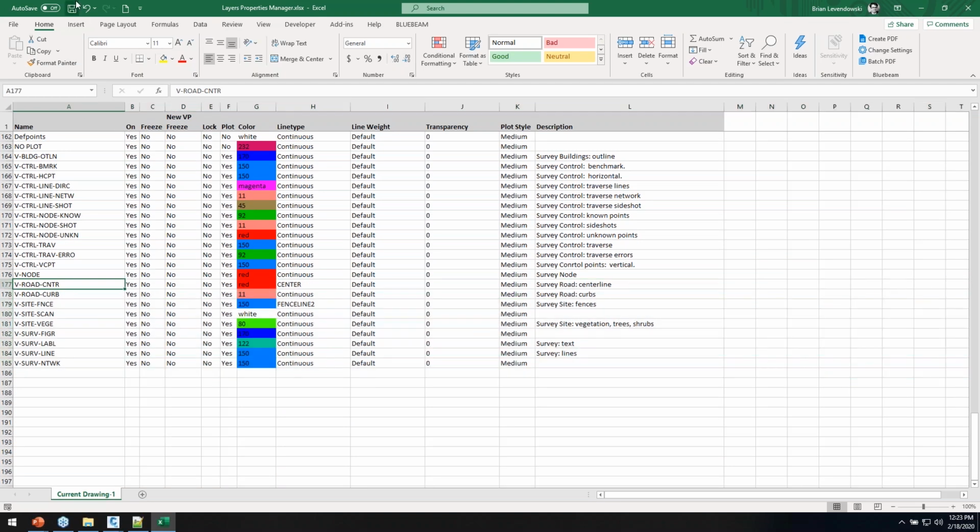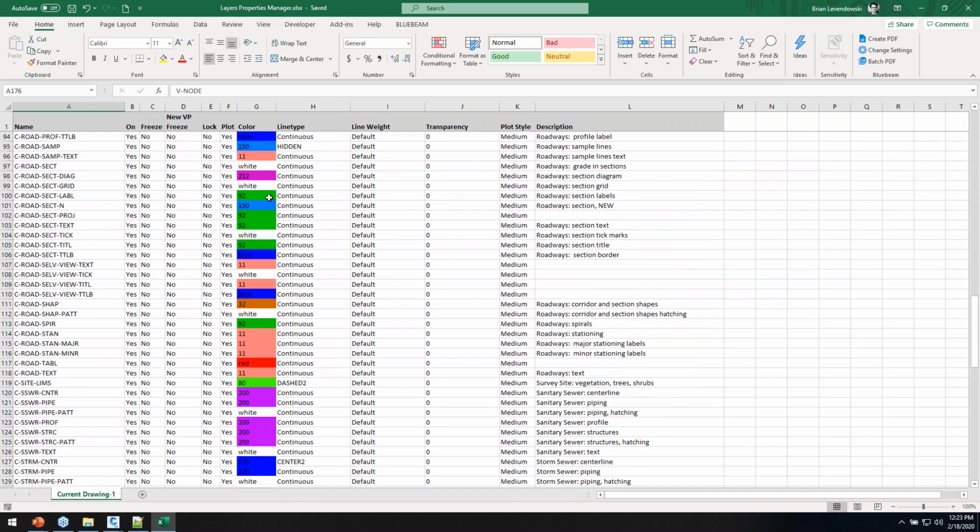Okay. Now I know what you might be thinking. Some of those layers are referenced in styles in my template. What's going to happen, Brian, when I sync this back? Because Excel doesn't know about those styles. I'll show you that. When we update this to our template, we're going to be able to handle those in really smart ways. Let's do a couple other things, maybe some